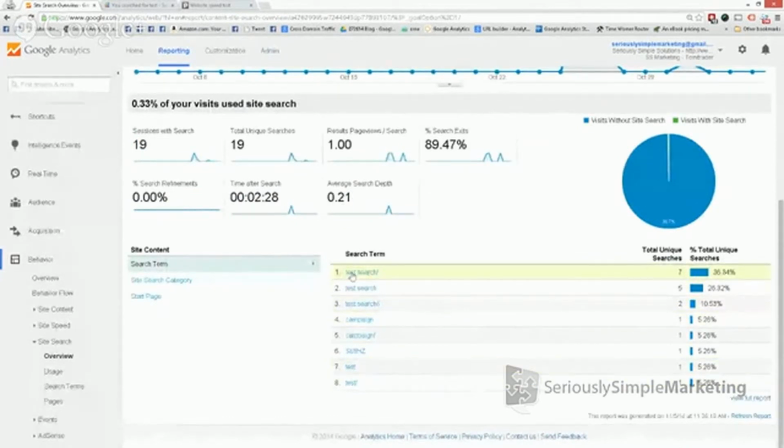And now if I saw people looking for John Smith or Jane Doe, we would see that information here and be like, wow, people are actually looking for salespeople information, as opposed to what we thought they would be looking for, like how do I lower my interest rate, right?